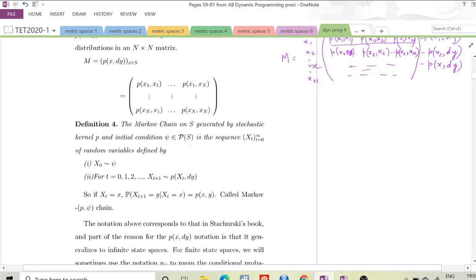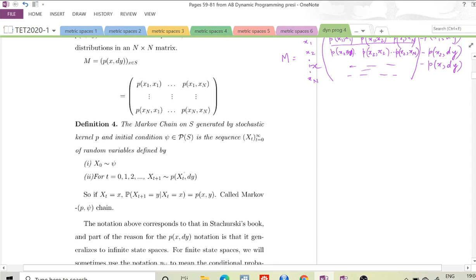So the Markov chain on the state space S, generated by stochastic kernel P and initial condition psi, which is a distribution on S, is the sequence of random variables x_t, t going from 0 to infinity, defined by: x_0, the first of these random variables, is distributed according to psi. So that's the initial distribution. And for any t from 0, 1, 2, etc., the next random variable x_{t+1} is distributed according to